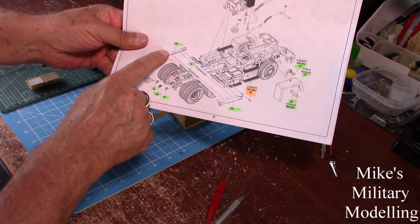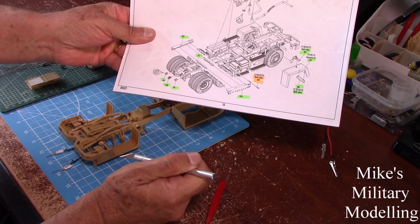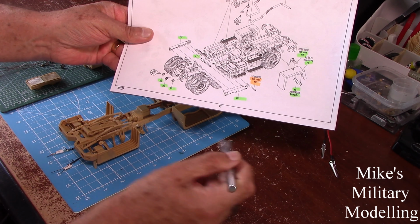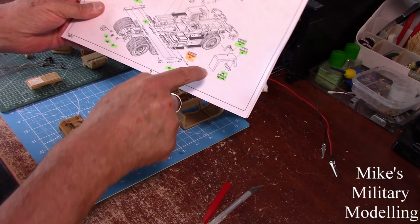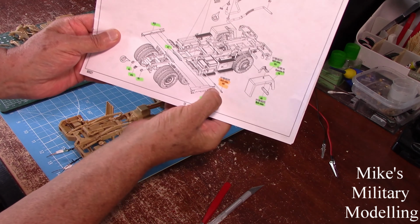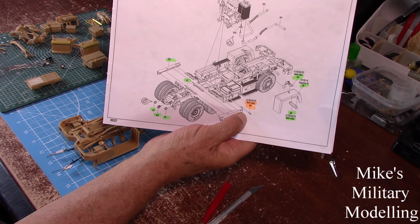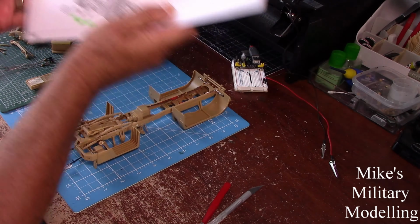Keep saying that, don't I? Fifth wheel frame for the fifth wheel, doddle, goes on really easily. Front mud guards go on really easily, no problem at all. I haven't put that support for the mud wing on yet. It says to put it on here, but if you do,